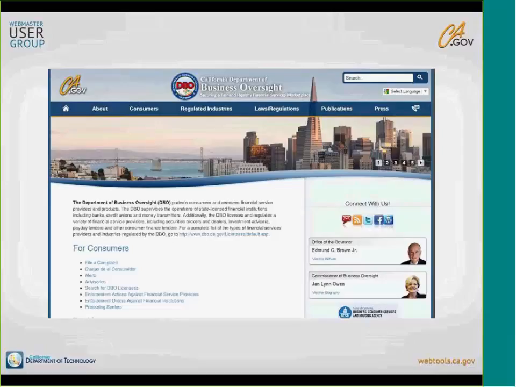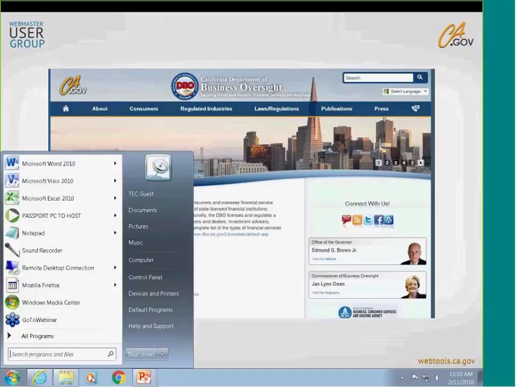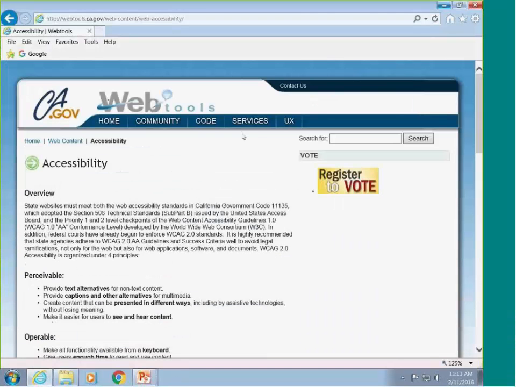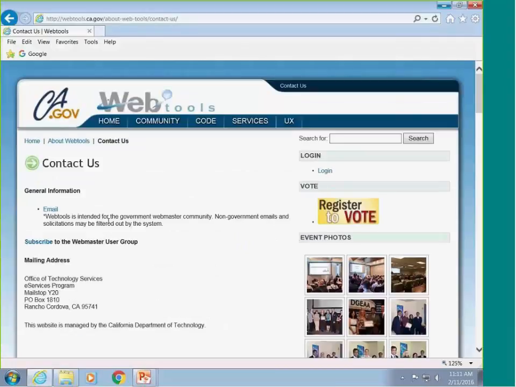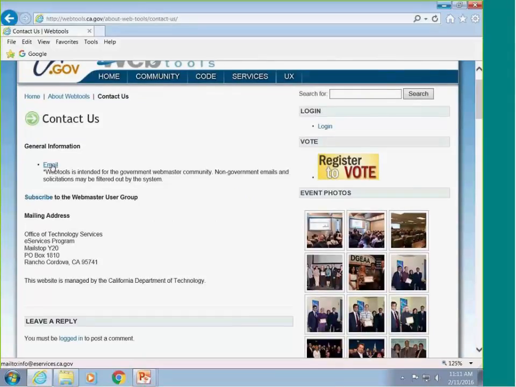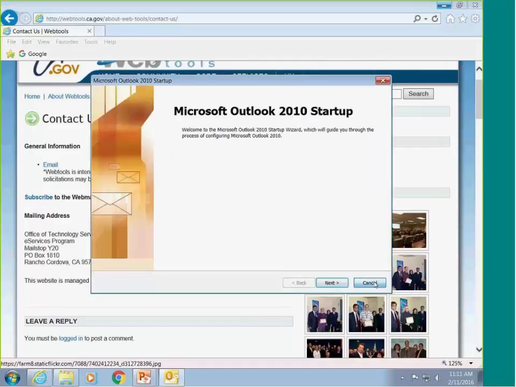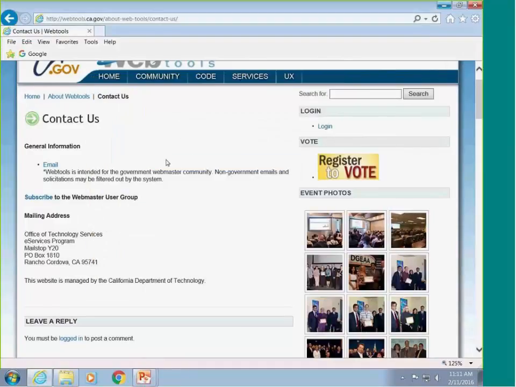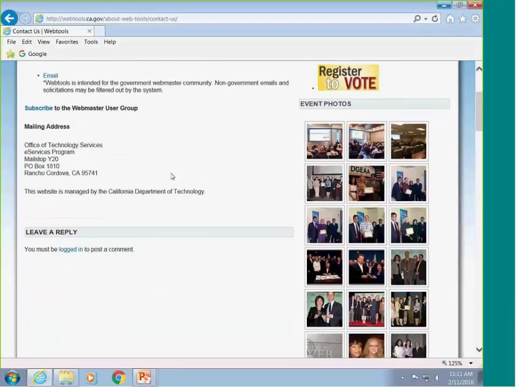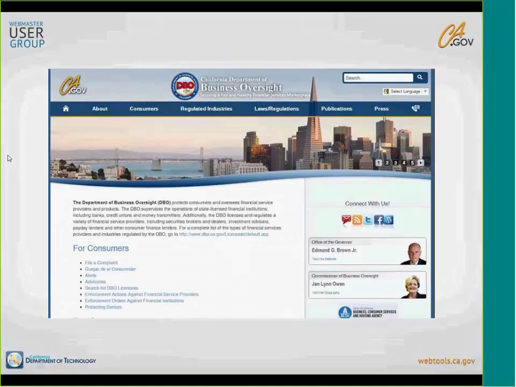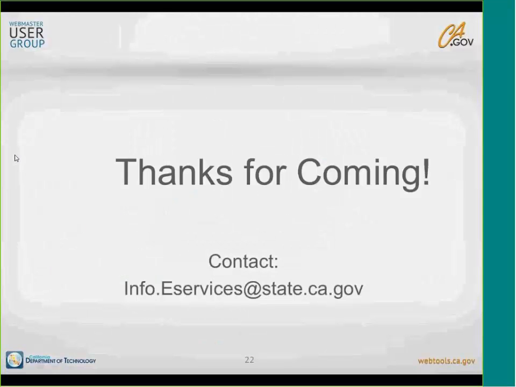So, if you go to the WebTools website, there's an e-services email there. I can actually probably just pull it up for you here. And then Michael maybe can write it on the board as well, but let's see, contact us. And it's this email here. Michael, what's the email again? Is it info@eservices? Oh, it's the last slide of the PowerPoint. Okay, I'll leave it there. So this is what you want right there.